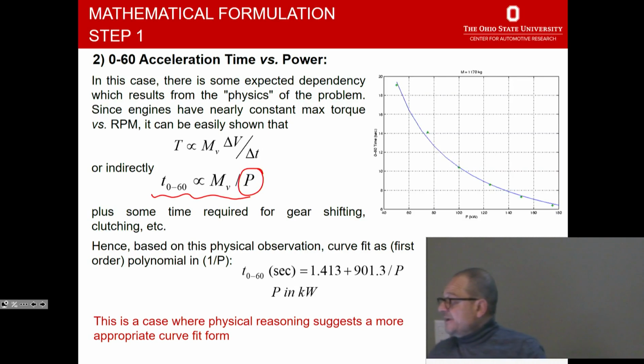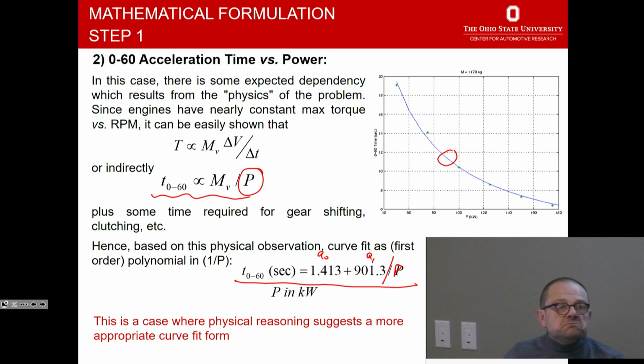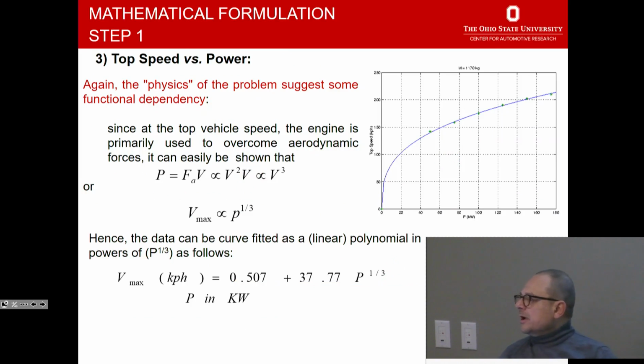So I have a number of data points here, and here is my curve fit in which I fit it to a function in which I have, again, a coefficient A0 and a coefficient A1 divided by P. Okay. If you look at the curve fit, that makes pretty good sense. In fact, that's a really good fit. And the fact that acceleration time would be inversely proportional to power is satisfying. Okay. What about top